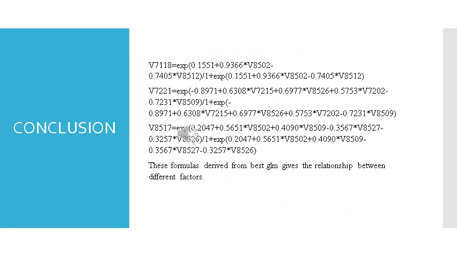These give the three regression equations for the three questions that we set out. V7118 is related to psychedelic drug use, V7221 is related to GPA, and V8517 is related to gang violence. The only one that is not biased to begin with is V7221. However, we still class balance all of them.